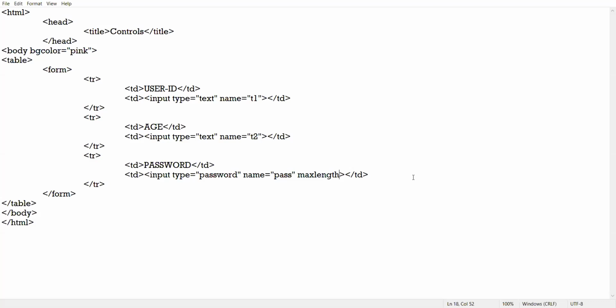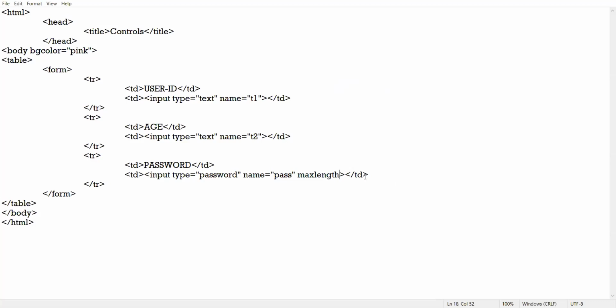Your password should be of how many characters? 8, 5, 6, 10, 12. Whatever value you fix here, you cannot type the password beyond that limit. You cannot enter the password beyond the limit which is set. Am I clear?